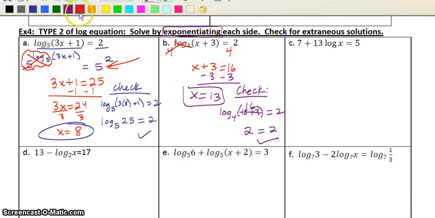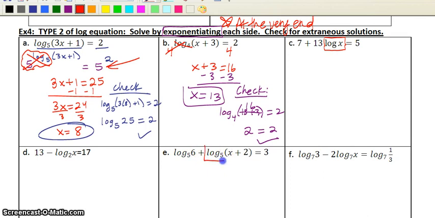Starting with example C, we get to some new things. When I exponentiate, you only want to do that at the very end. As much as possible, I want to get my log statement by itself first, and what I mean is I want to get by itself the log and anything that's locked inside the log. So right now, for example C, only the log of x is locked together, but if I look at example E, for example,